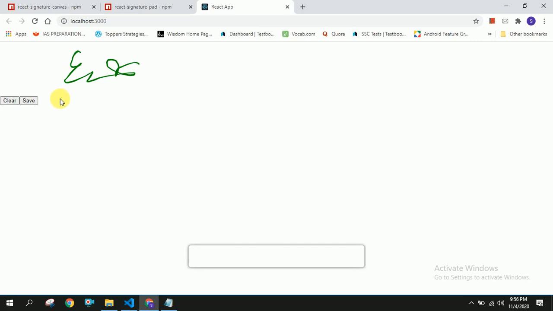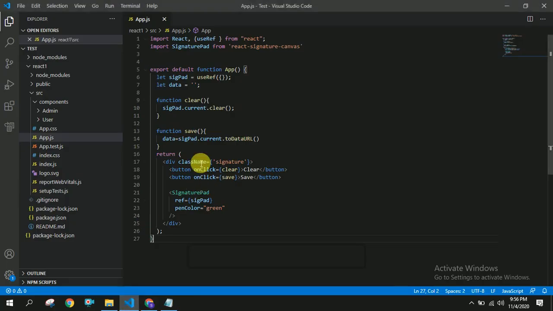Now we will see, once I clear the data, how to get whatever I have saved. For that I am going to create a button called show, and I am going to show it once I click on the show button. Now I am copying this and I am writing it as show, and this is the show button.